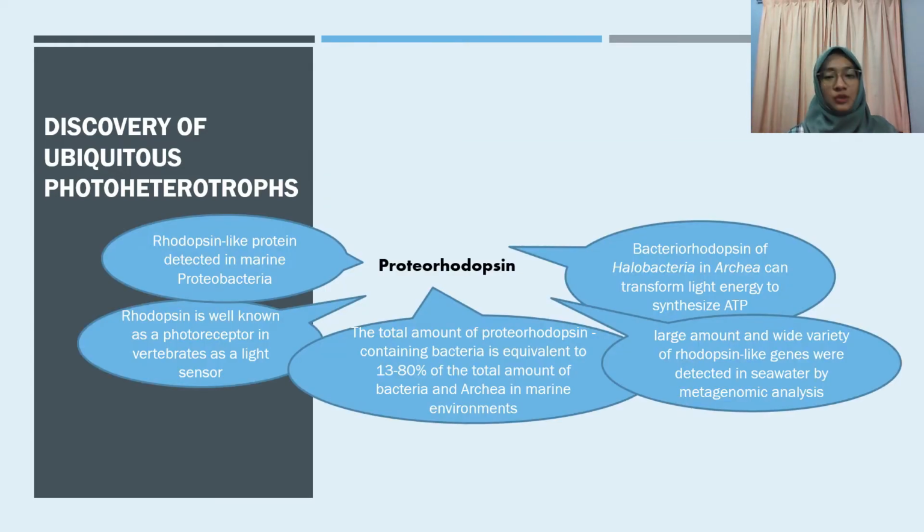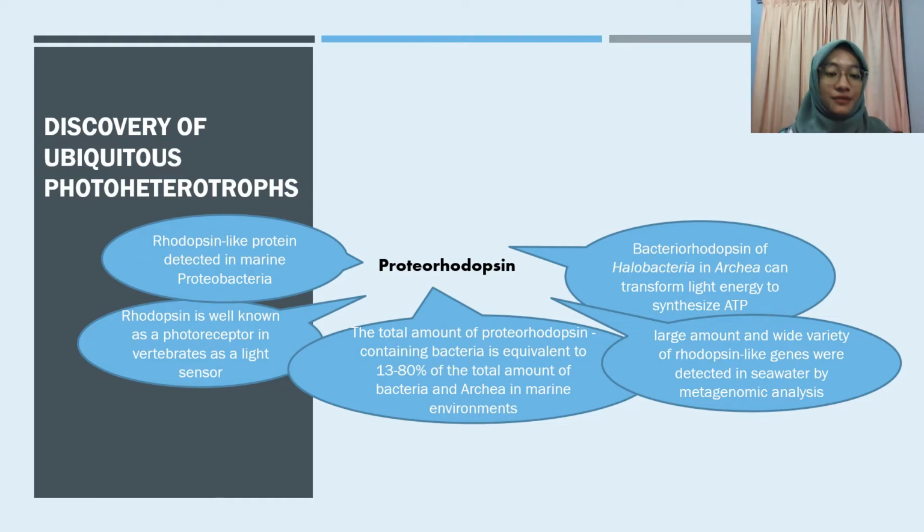So, what is proteorhodopsin? Proteorhodopsin is a rhodopsin-like protein detected in marine proteobacteria. Rhodopsin is well known as a photoreceptor in vertebrates, acting as a light sensor. Bacteriorhodopsin of halobacteria and archaea can transform light energy to synthesize ATP. A large amount and wide variety of rhodopsin-like genes were detected in seawater by metagenomic analysis. The total amount of proteorhodopsin-containing bacteria is equivalent to 13 to 80% of the total amount of bacteria and